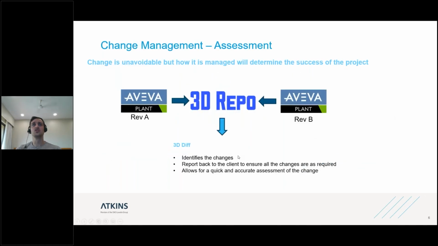We also use 3D Repo for change management. On projects of this size and scale, change is unavoidable. There will be change on projects. And actually what's going to determine the success of the project is how well that change is managed. So what we do is we have taken that change management away from the client and brought it back into sort of Atkins remit, although we're not the ones necessarily making the changes, so that every time that we receive an updated